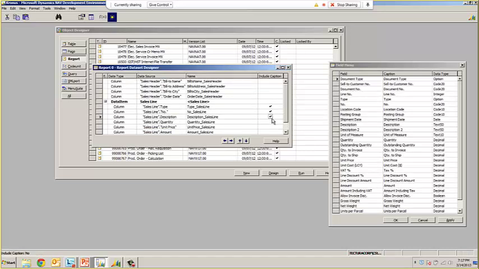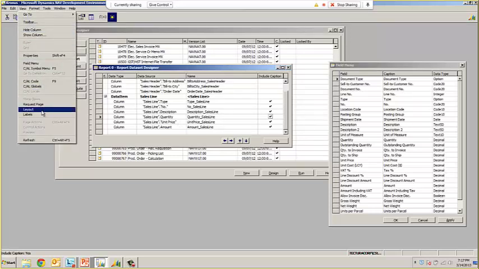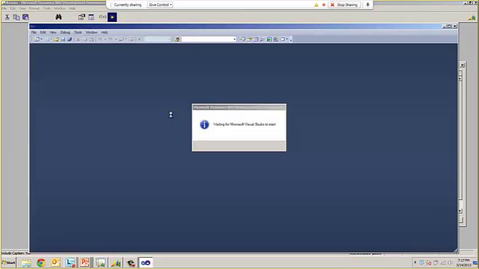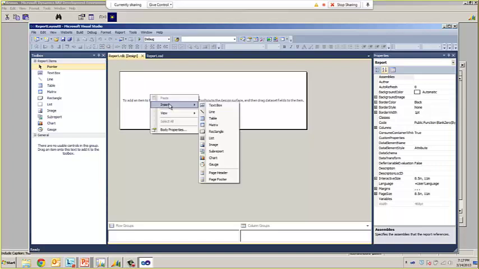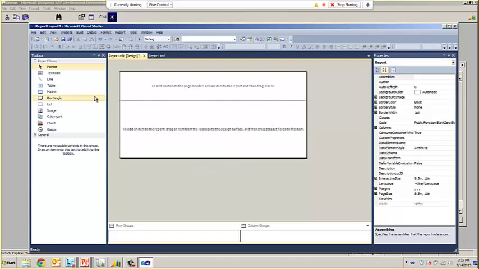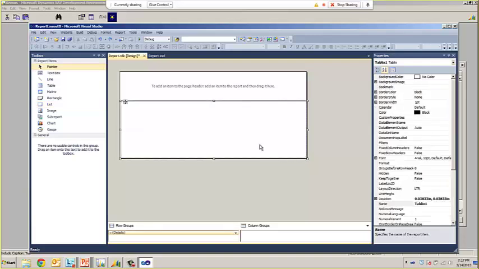And in this particular case, I want to add sales line captions. I've finished designing my data set, so I'm going to go to Visual Studio, insert my header, and this time I'm going to want to show multiple sales orders but have a different sales order on a per page basis. So I want to have a page break in here,